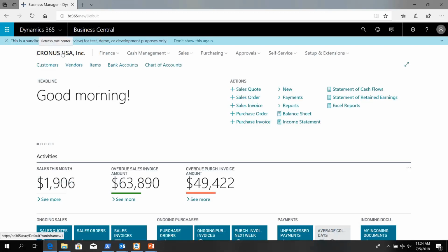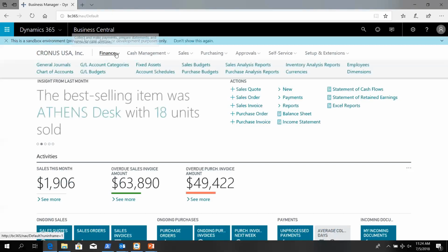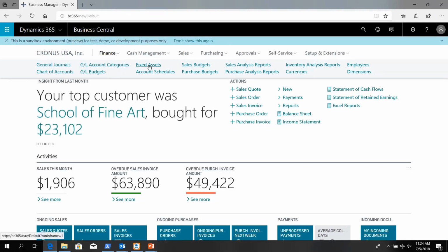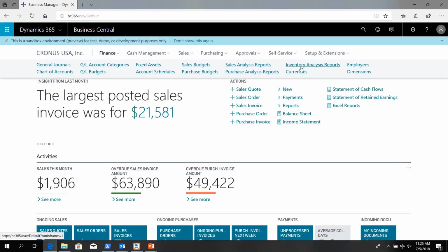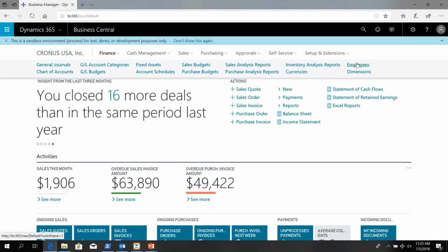It supports multiple companies. And these drop-down menus give us quick access to information relating to finance, from accessing and doing journal entries to bringing up my chart of accounts, budgeting, fixed assets, financial reporting, sales and purchase budgets, analysis reporting, inventory analysis, sales analysis, purchase analysis, multiple currency management, managing my employees,